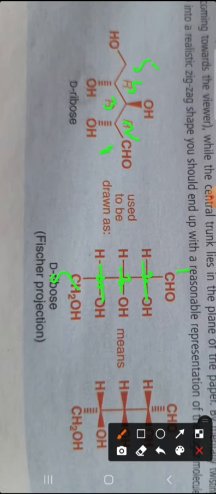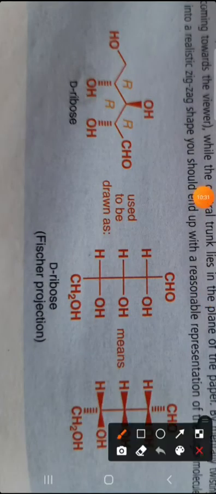Then there the first carbon has R configuration. How can we calculate the R configuration? This is first carbon, sorry, this is second carbon. So the configuration over the second carbon, this is our second carbon. In this model we know the R configuration is there, so we must draw OH and H group like this so the center becomes R configuration.